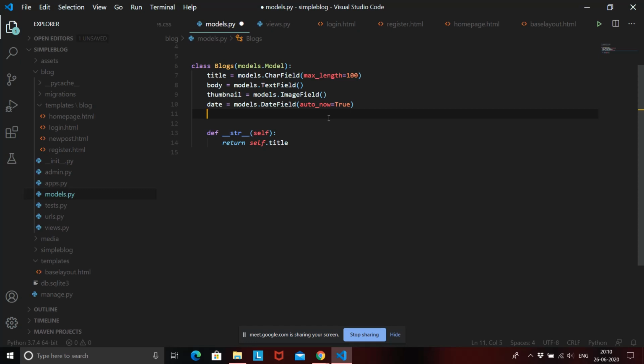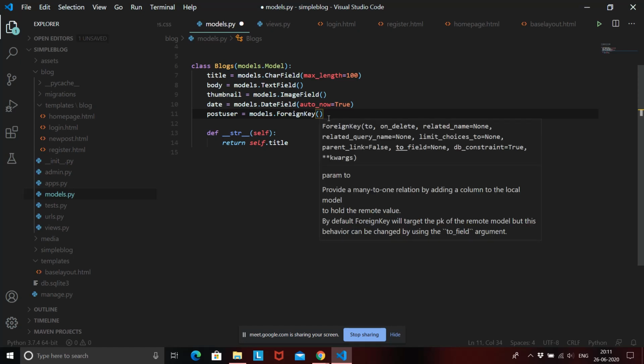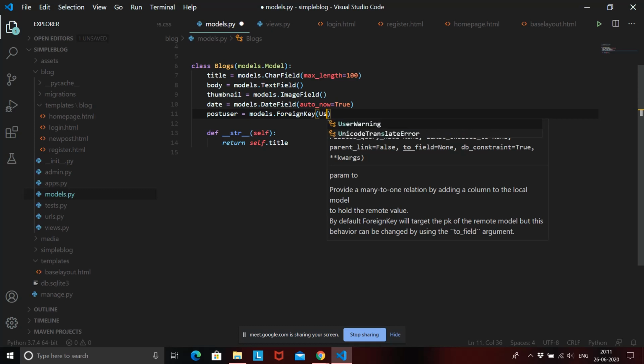Okay, so we'll create a foreign key, and to create a foreign key, first of all we need a variable, or an attribute, to store this data, right? So we'll just call it post user equal to models.ForeignKey. Now what models.ForeignKey will take is a model name. Which model name is it going to take? To whom we are going to address this blog, or to where we want to connect this blog model. We want to connect this blog model with our user model. So what we need to give in the foreign key is the name of the model, that is User.